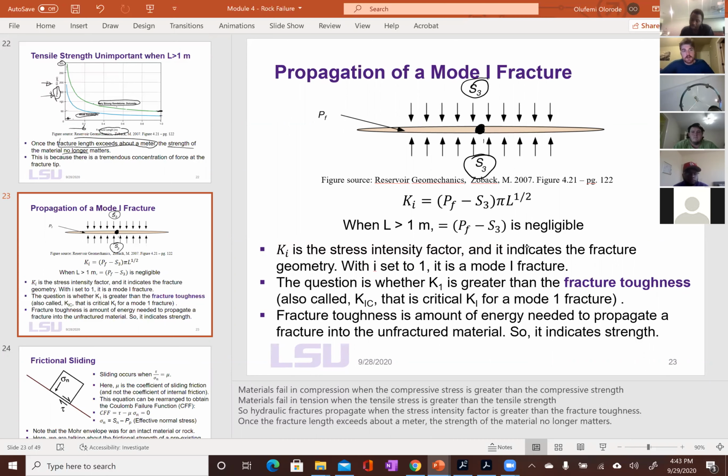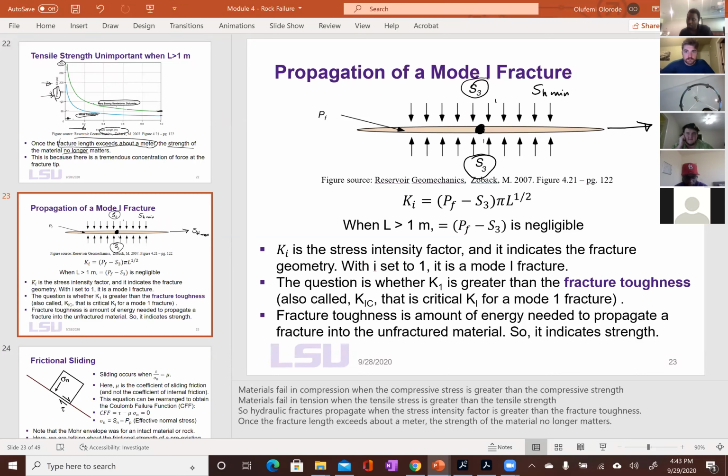And once you know the direction it opens up against, then you know the direction it is going to propagate. It's going to propagate 90 degrees to that. So if this is the direction it's opening up against, then it's going to propagate here. So you know that this is the direction of SH max. And of course, this is the direction of SH min. It's going to propagate to